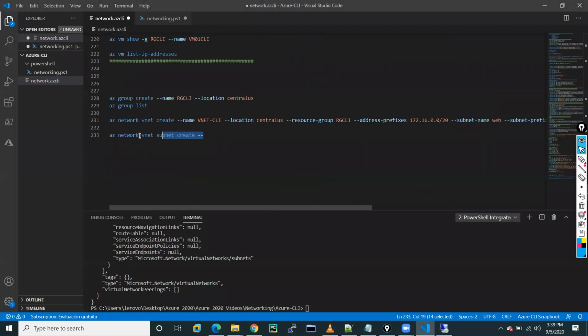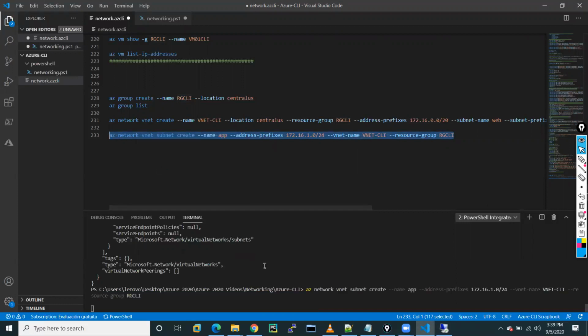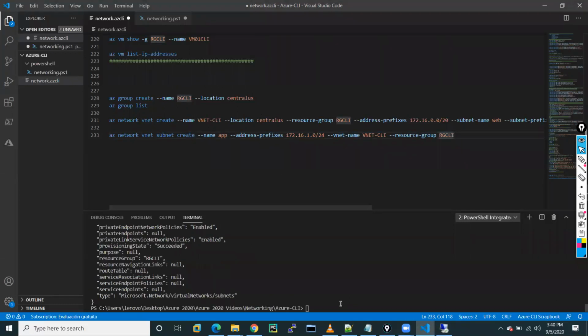So this command is similar. Let me add one more. It will add one more subnet into my VNet CLI virtual network.